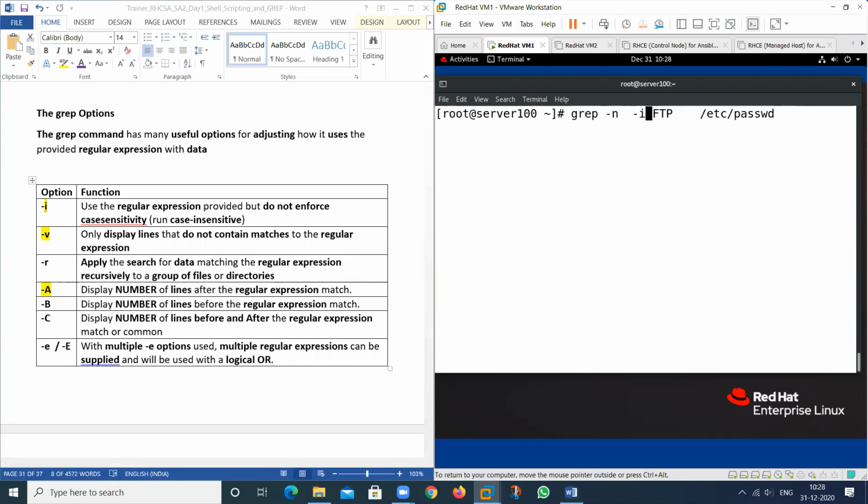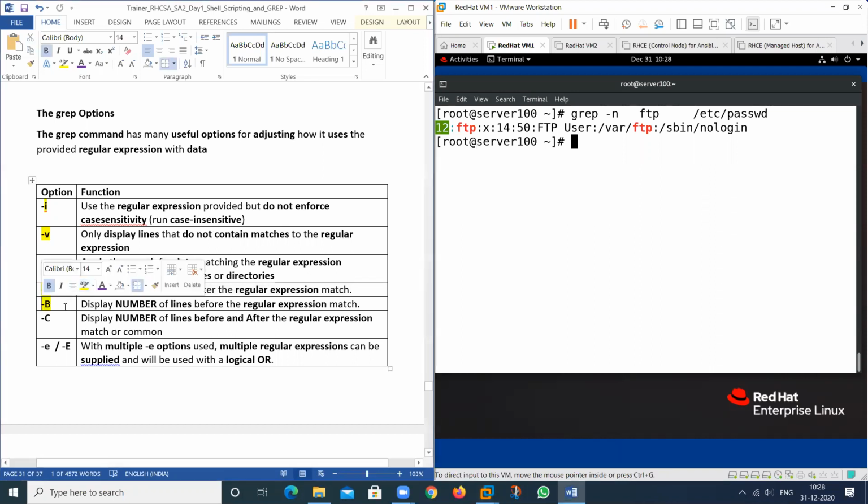Suppose this is my FTP. This is my string that I want to print. So this particular word is written in which particular line? Line number 12. And I want to search the lines before and after the FTP also. Then we can use A for after, B for before, and C for common.